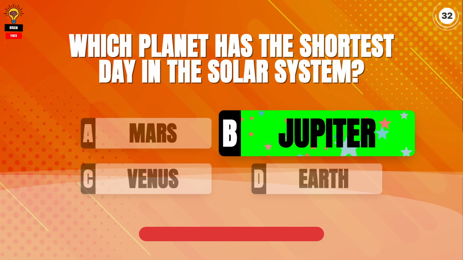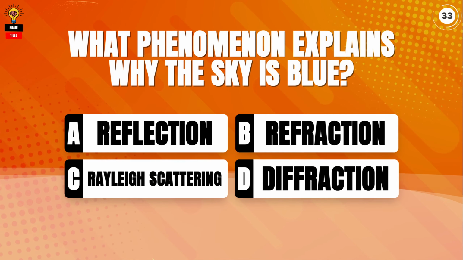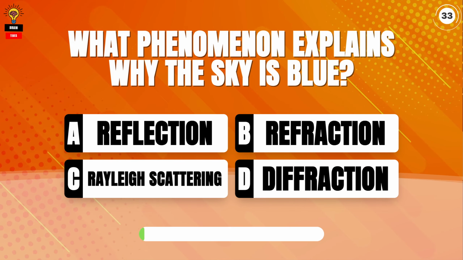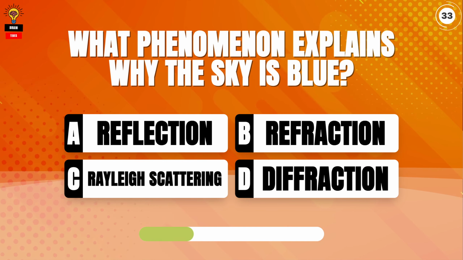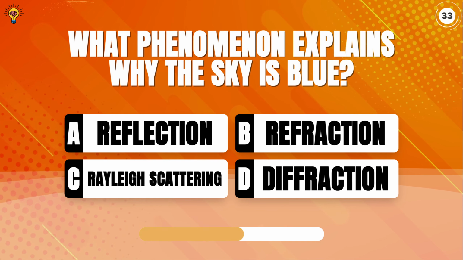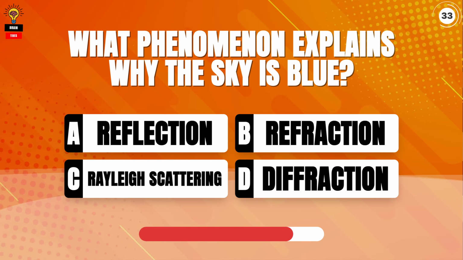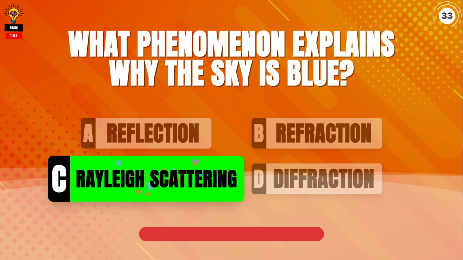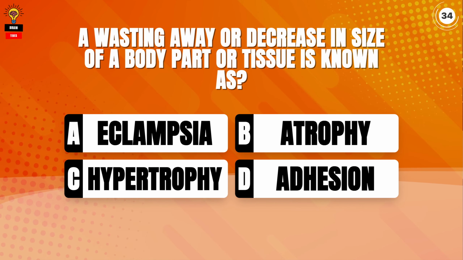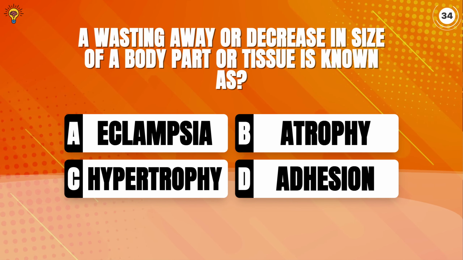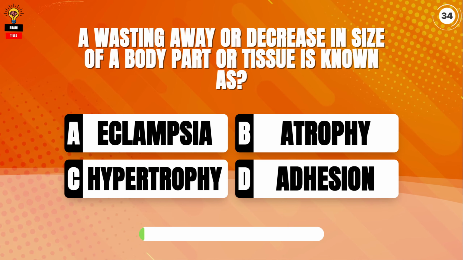Jupiter. What phenomenon explains why the sky is blue? Rayleigh scattering. A wasting away or decrease in size of a body, part, or tissue is known as